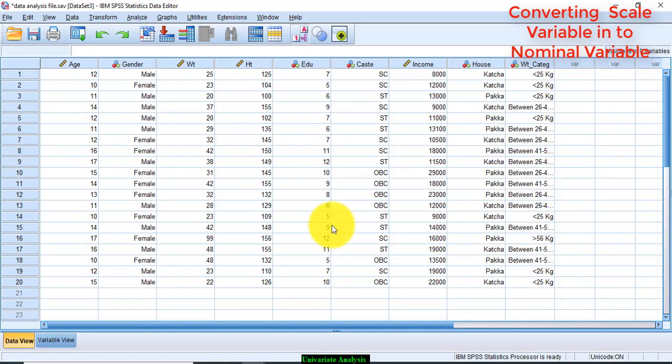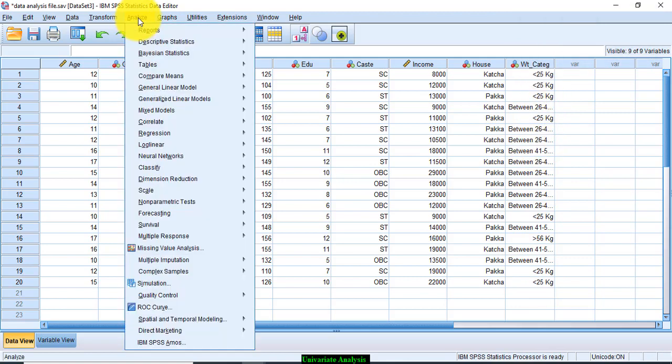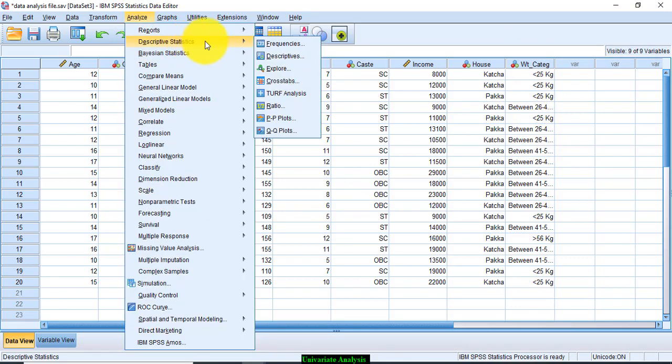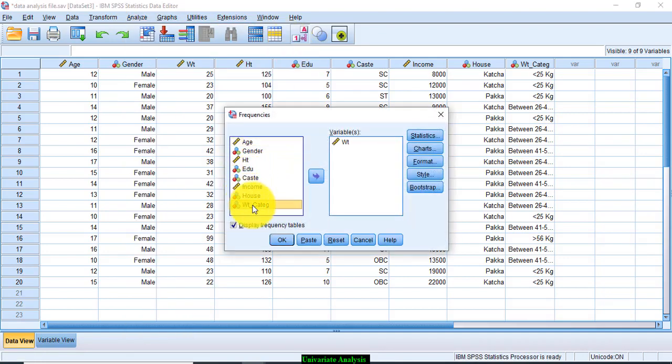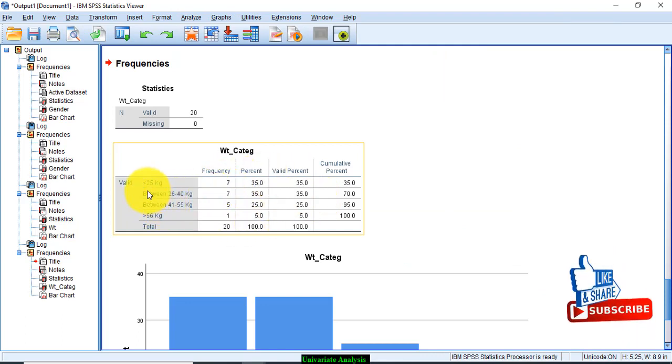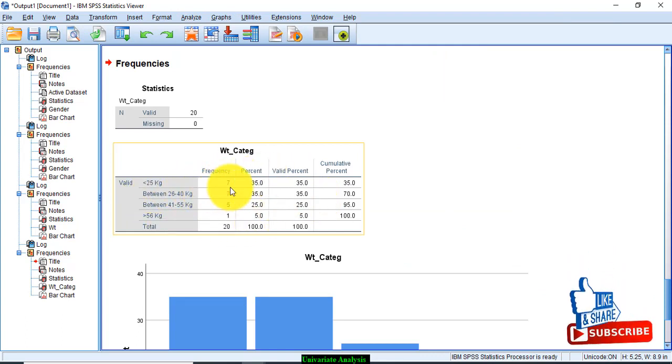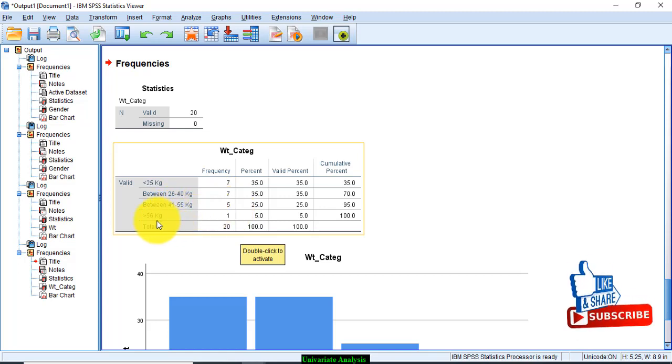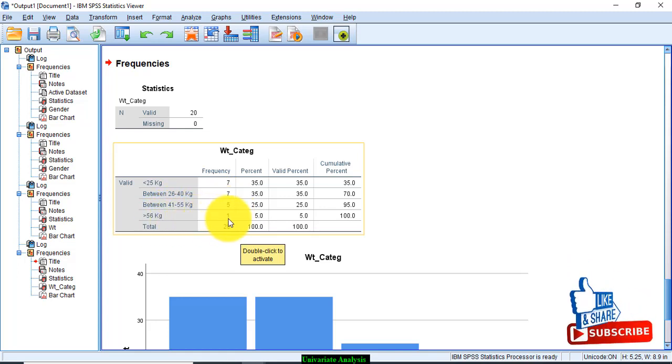Now you will see that categories are appearing in the weight category. So now you can easily make a frequency distribution. Go to frequencies and select this variable, weight categories. Now you see your table has been customized, and now you can see less than 25 kg there are 7 children, between 26 to 40 kg there are 7 children, 41 to 55 kg 5 children, and more than 56 kg there is 1 child.